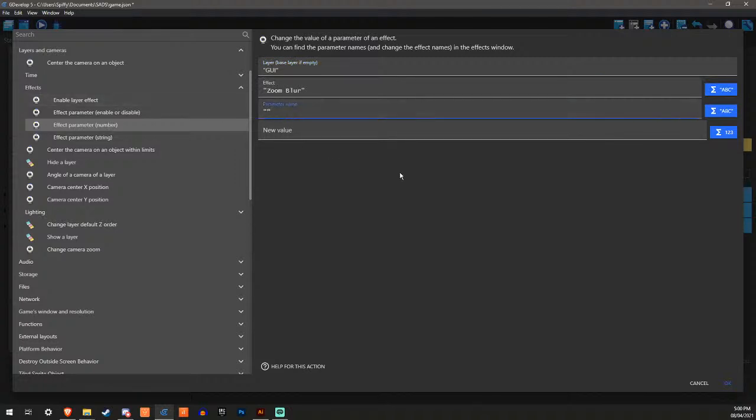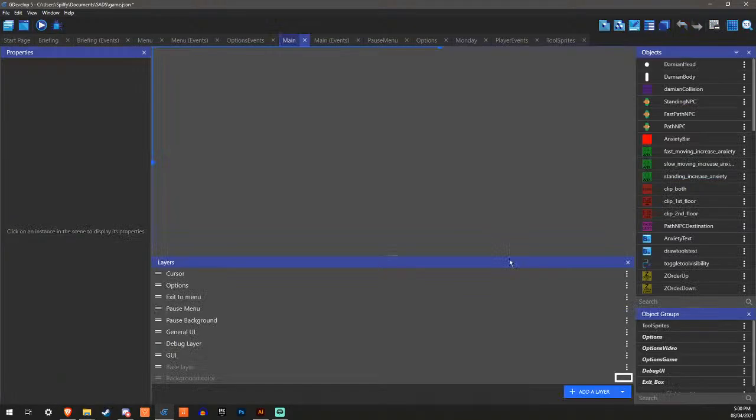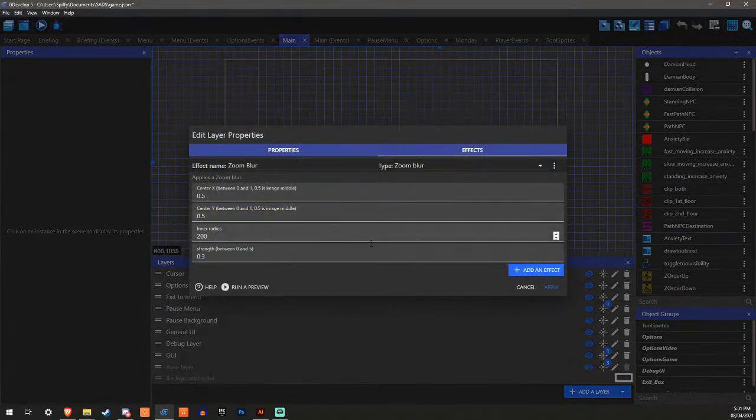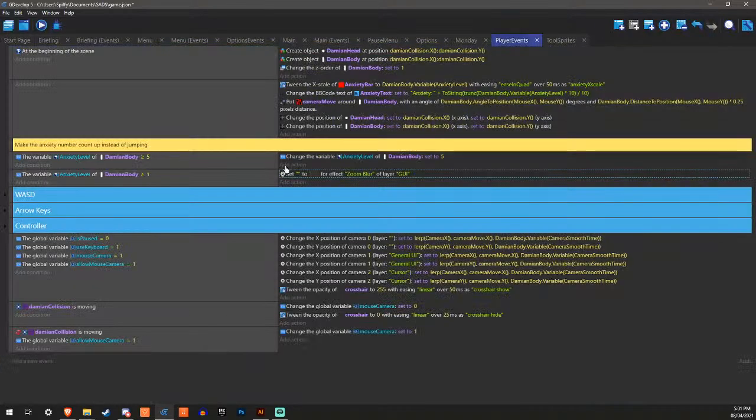Right, well then. I'm just going to guess with this. Inner radius. Actually, I'll do strength, since that should be more noticeable. So set strength to 5.